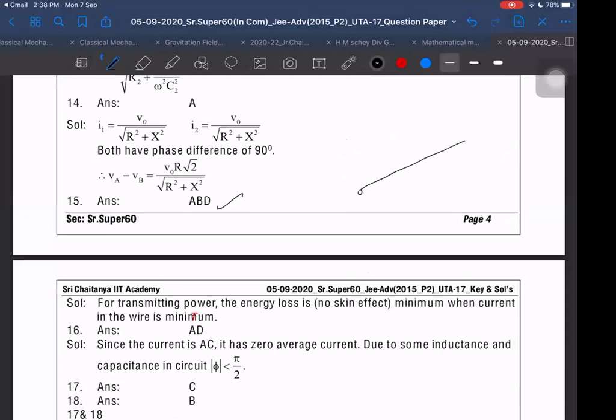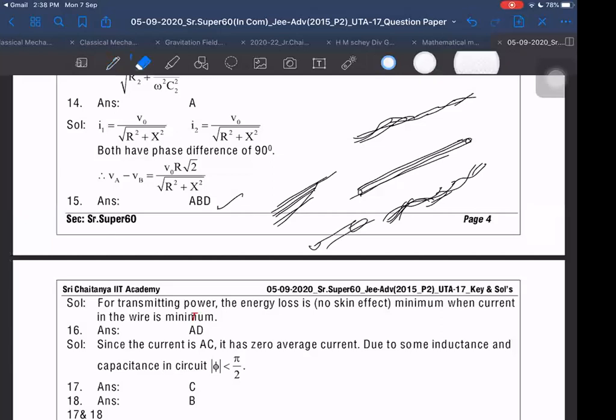Another thought is coming to my mind. Have you seen the transmission wires? They are somewhat thicker. There are several such wires joined together. Yes, sir. It is not made up of a single wire; it is made up of several wires joined together, and then we get a single wire. They turn around each other like this. Multiple wires turn around each other and make one big thicker wire.